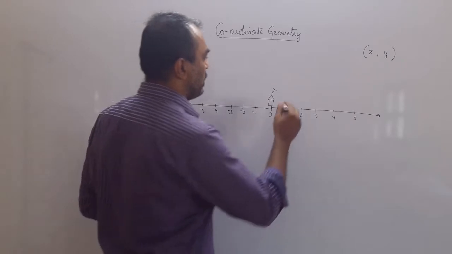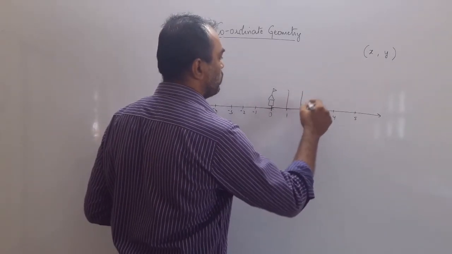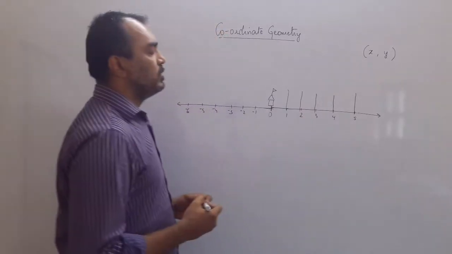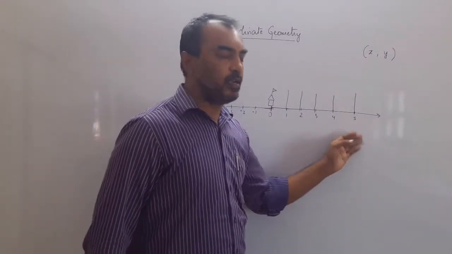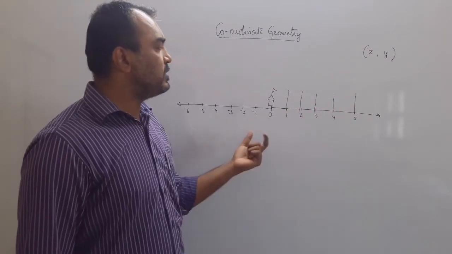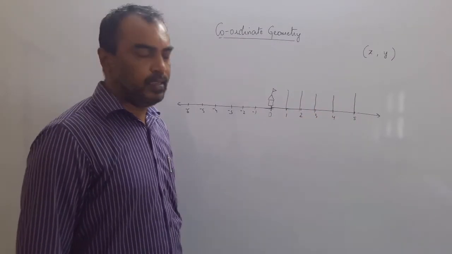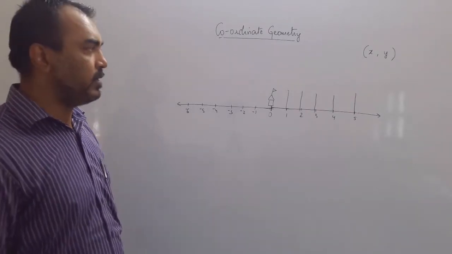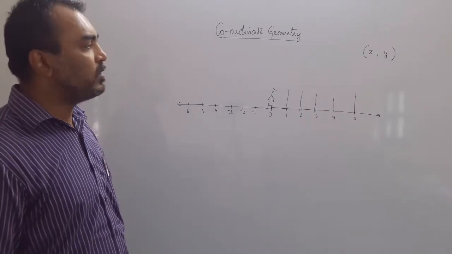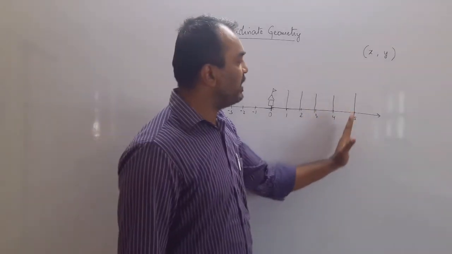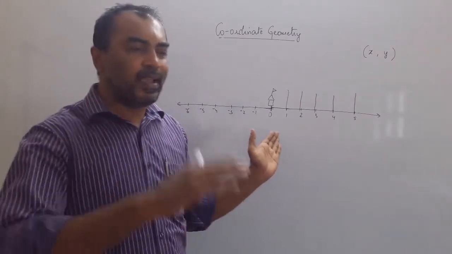So, society number 1, society number 2, society number 3, society number 4, society number 5. So he has reached the 5th society. Now where is your house? You can see just by telling the society, he cannot find your house. So you have to give him a second coordinate. What is the second coordinate you give him? The house number also.